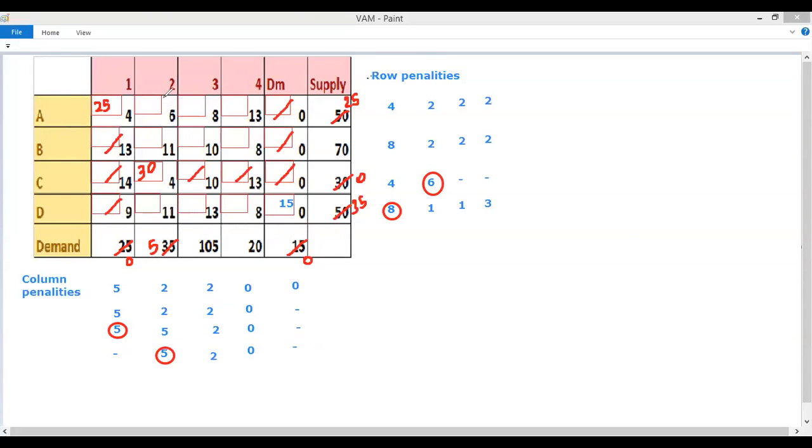So now in this row and in this column we have to allocate resources in the minimum cost cell. So this is the minimum cost cell, and the minimum of 5 and 25 is 5. So allocate 5 units of resources to this cell. Now this value has become 0, so there is nothing remaining to allocate to these cells. Strike out these cells. And here the remaining will be 20.